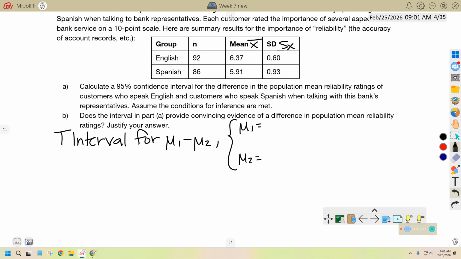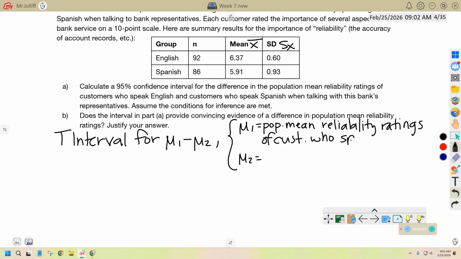We're going to define our mean. So mean 1, what is mean 1? So pop mean reliability rating, yeah? That is a lot of writing here. Of, come on, pen. Of customers